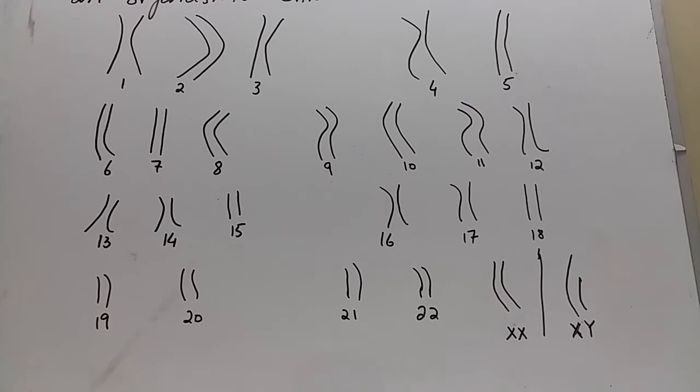In the right corner, you see either XX or XY present. If both chromosomes are of equal size in the 23rd pair, it means this karyogram is of a human female. And if you observe that in the last pair one chromosome is large in size and the other is small in size, it means it's X and Y, and it is the karyogram of a human male.